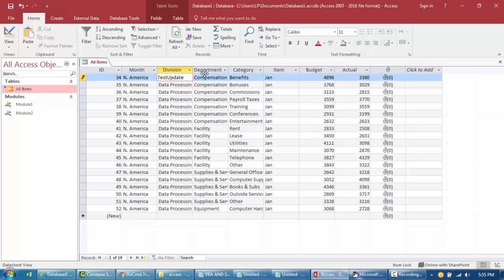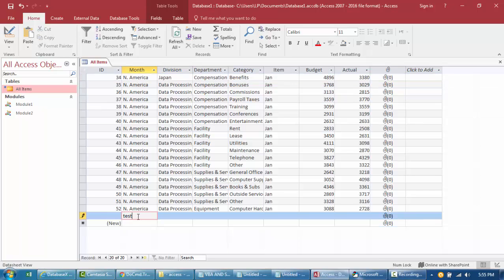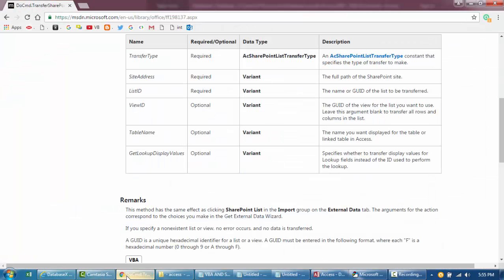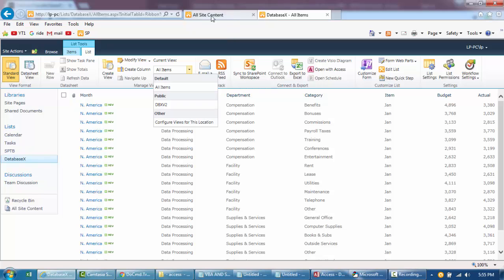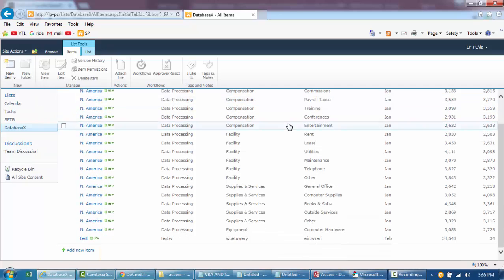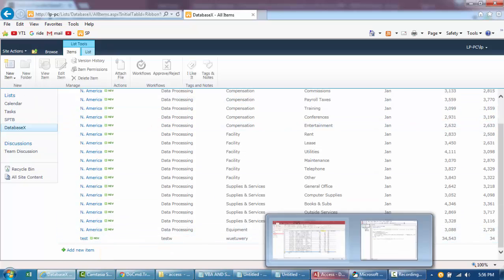Okay, it didn't work. Okay, just give me 1 second. There must be some validation that is already applied there. I'm just putting some random text to see if it works. Right, so I've just updated this. Let me go back to my SharePoint and refresh this. Okay, so you can see that the list that was imported was